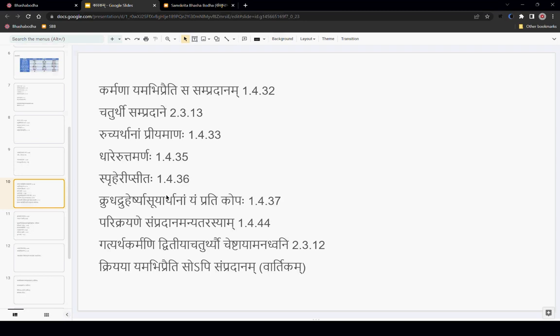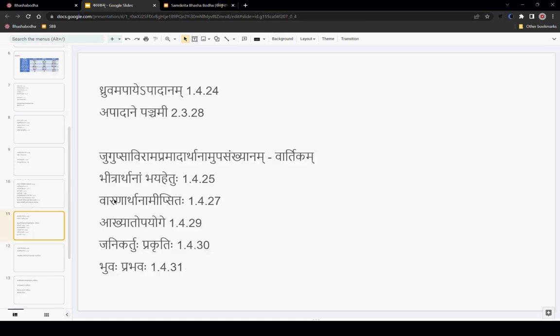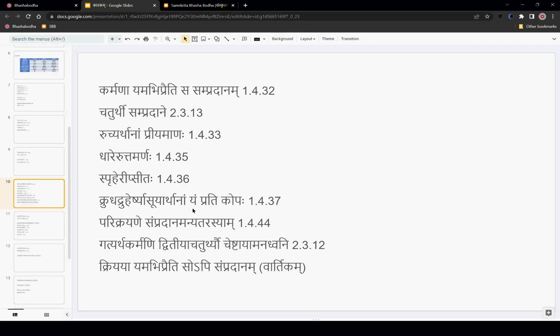So the dhana benefit goes to nirdhana. There comes chaturthi. Now, other things like ruchi, dharehe, dharayati, sprahayati. In the case of krudhyati too, we are imposing this sampradana sajna on the one toward whom the krodha is happening. Because again, the interpretation is that the benefit or the effect of that action is going towards that person